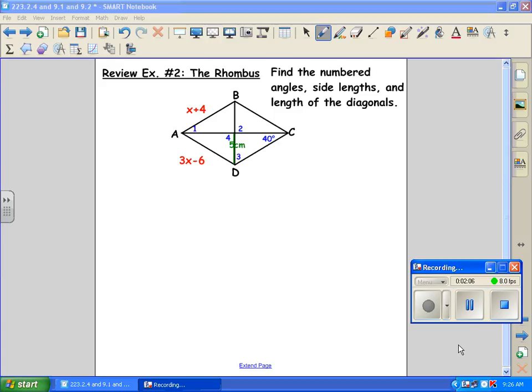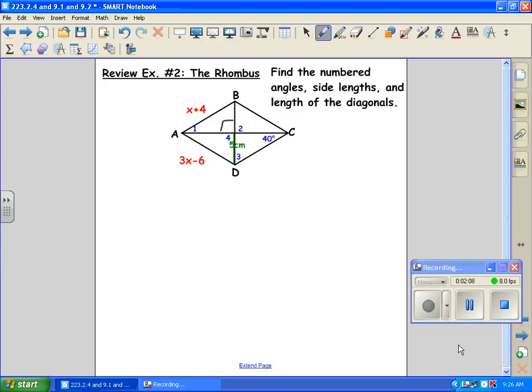All right. So first, everything in the middle is a 90-degree angle. So 2 and 4 are 90-degree angles. And okay, so now all the sides are equal. Side lengths are equal. And so